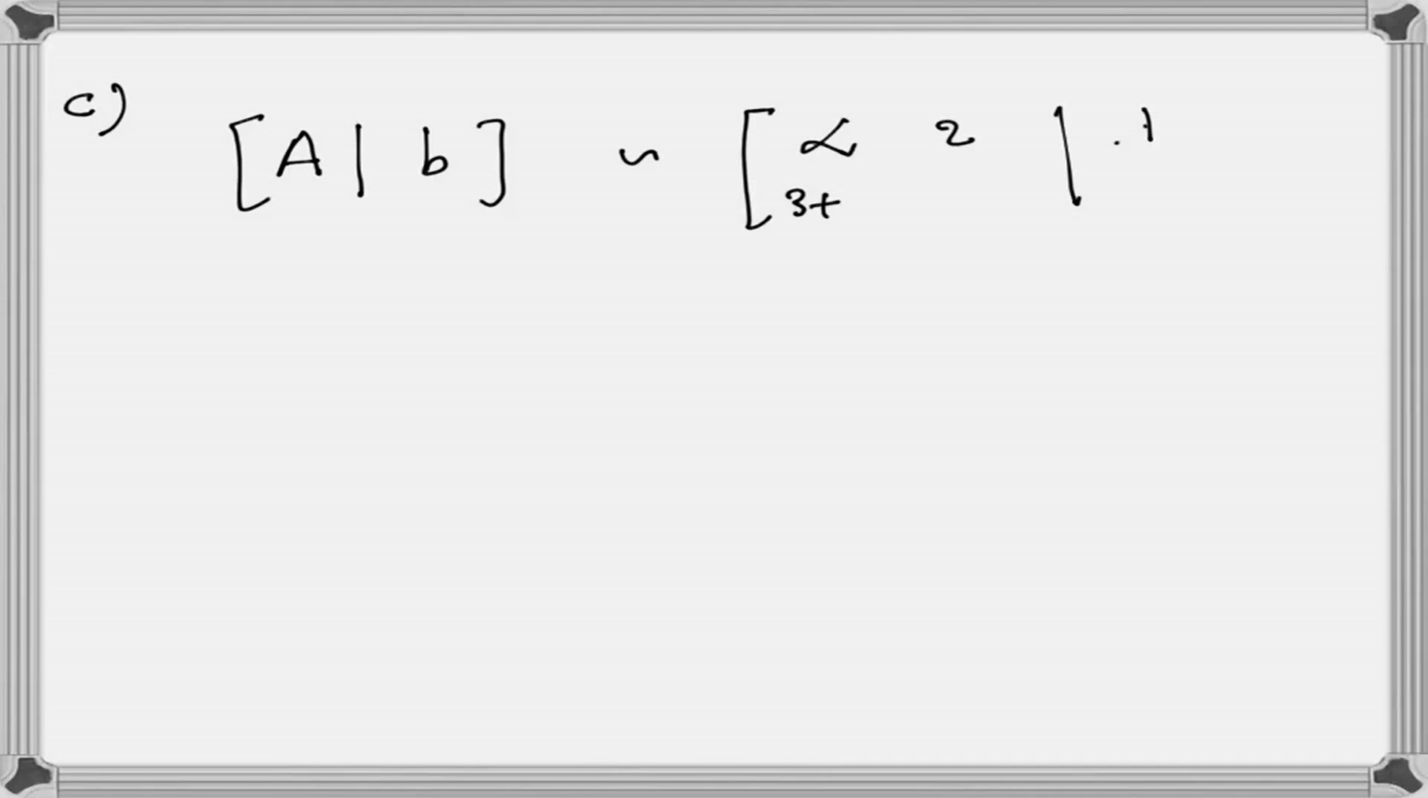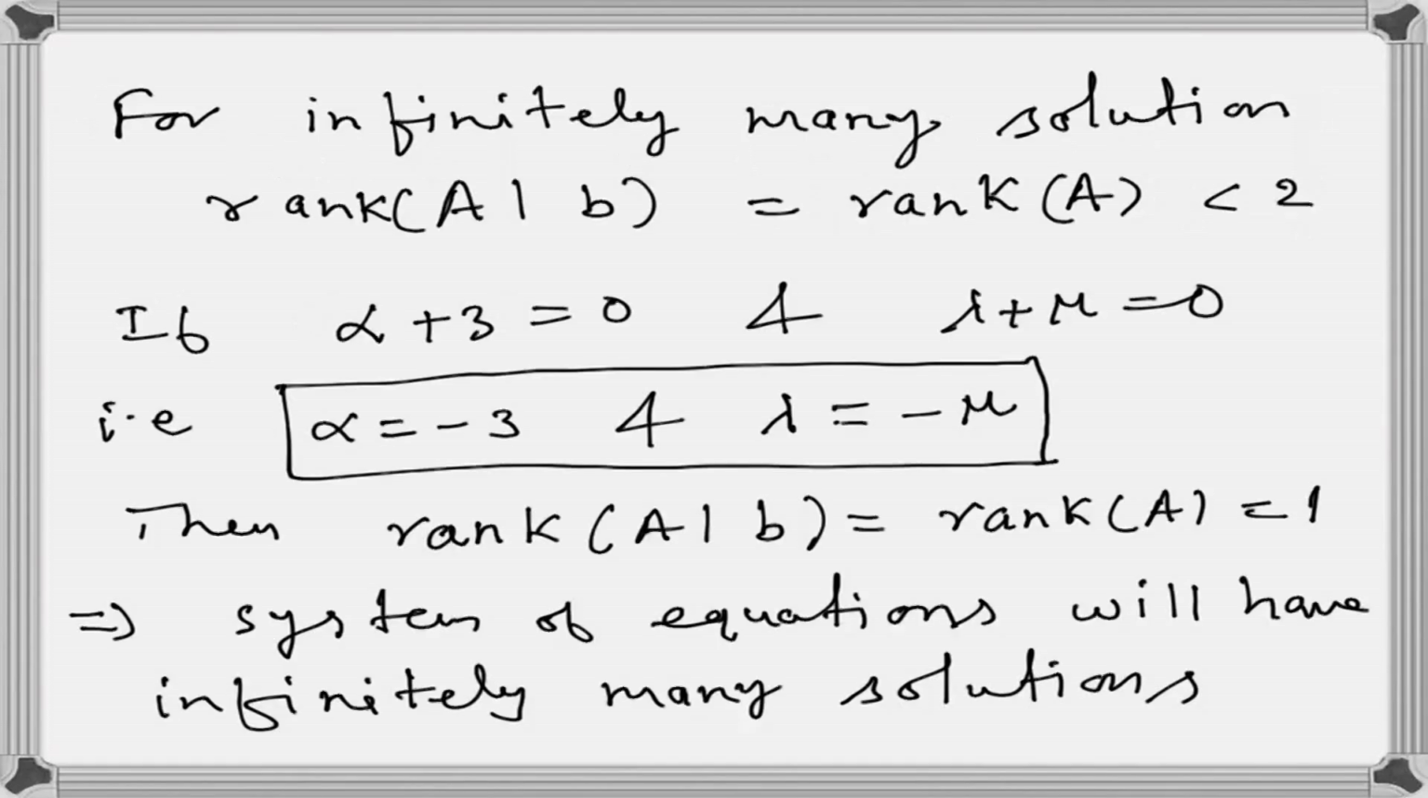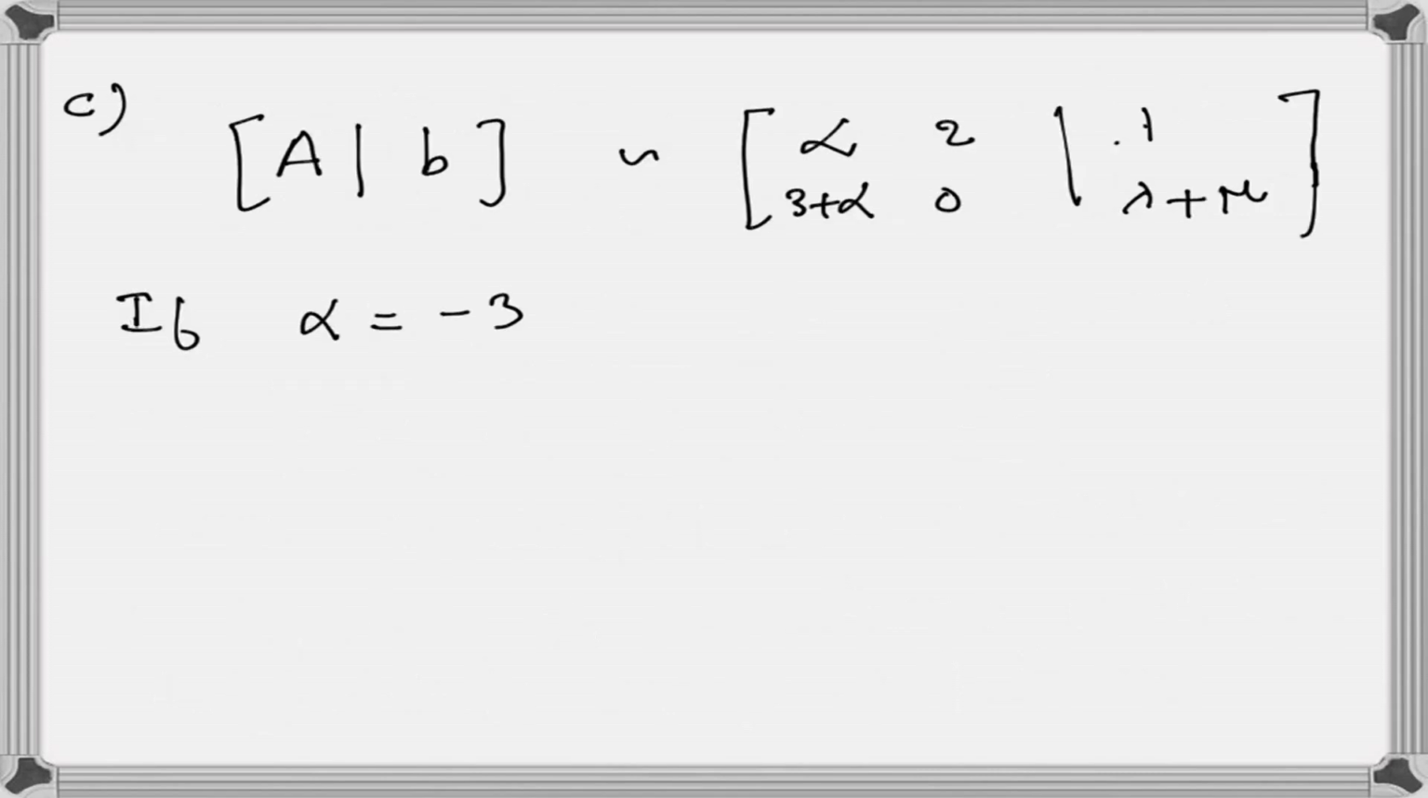So let's go back to the third part. So the C part is that we need to derive a condition for which there is no solution, right? So as we have seen, the augmented matrix AB is reduced to alpha, 2, lambda, 3 plus alpha, 0, lambda plus mu. Okay, so here if alpha is equal to minus 3 and lambda is not equal to minus mu,